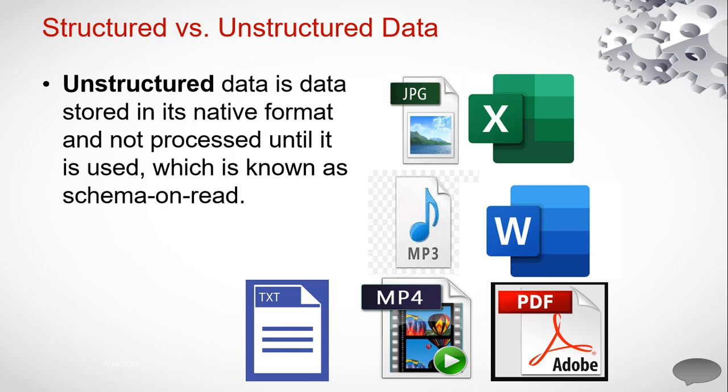I'll give the example of the resume. Let's say your resume is in PDF format, and your educational details, your professional summary, your skill set, your personal details, everything is mentioned inside the resume. Whenever you store this document, the data is not processed, or you don't know the structure, because everything is inside the document. Whenever you want to process it, you have to read it. That's why unstructured data is sometimes called schema on read. When you are reading it, you can get the information and define the structure. These are the examples of unstructured data, and they are stored in the native format.